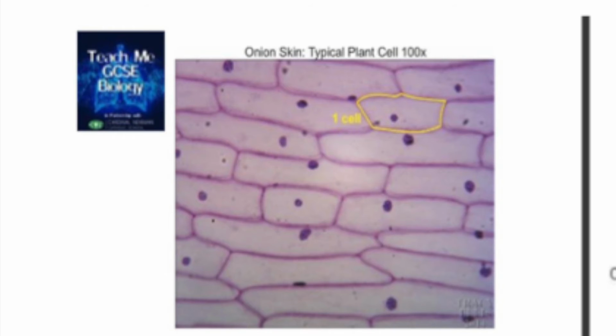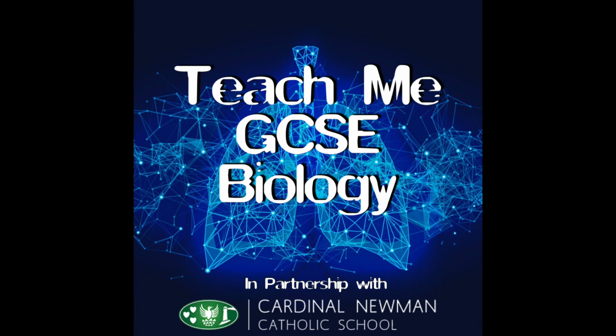And that is pretty much all the new information that we need for GCSE for microscopy. So we've talked through what a typical light microscope looks like, how to make a typical slide. We've looked at an image of a typical onion skin slide that you would have made, and then we've talked about the differences between light and electron microscopes, being that electron microscopes are so much better because we can see the finer detail, the smaller organelles due to the higher